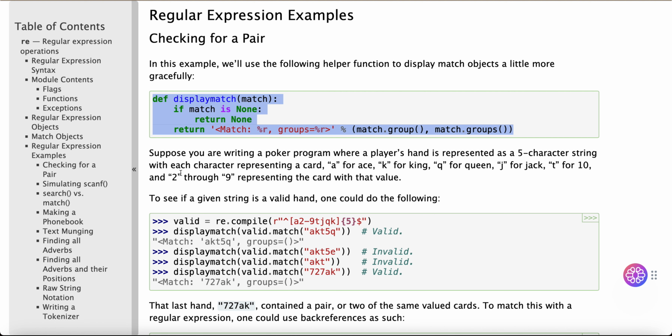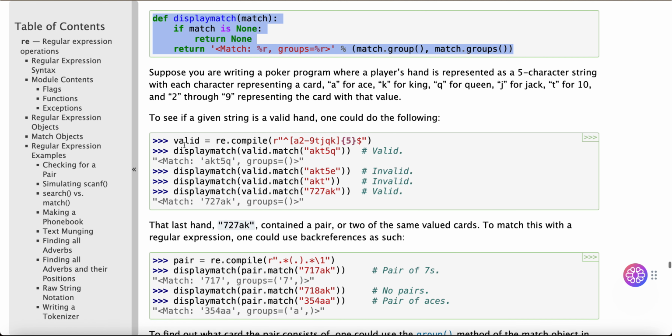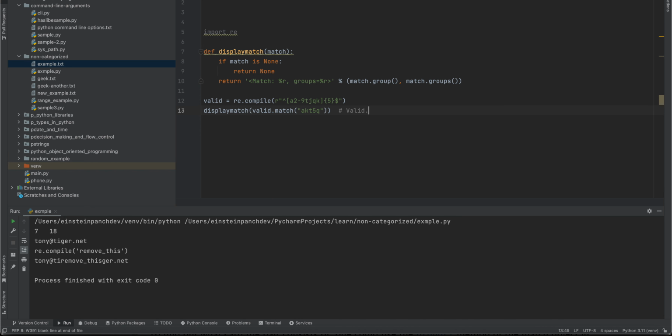Suppose you are writing a poker program where a player's hand is represented as a 5 character string, with each character representing a card: A for ace, K for king, Q for queen, J for jack, T for 10, and 2 through 9 representing the card with that value. To see if a given string is a valid hand, one could do the following. valid = re.compile(r'^[a2-9tjqk]{5}$')